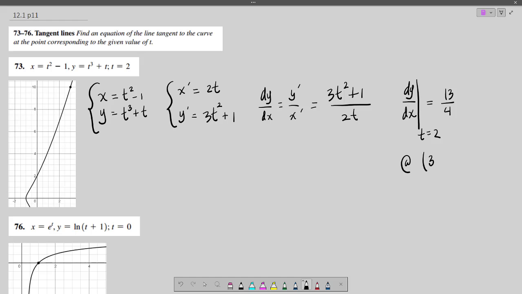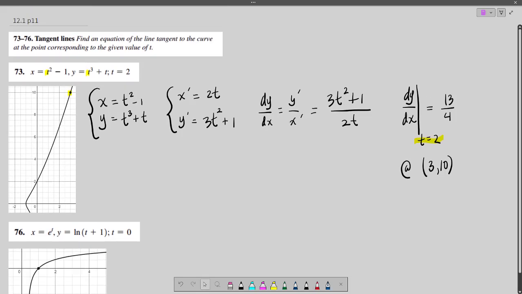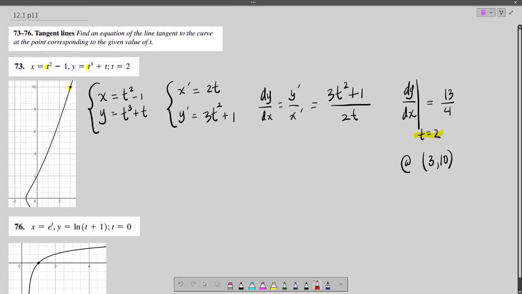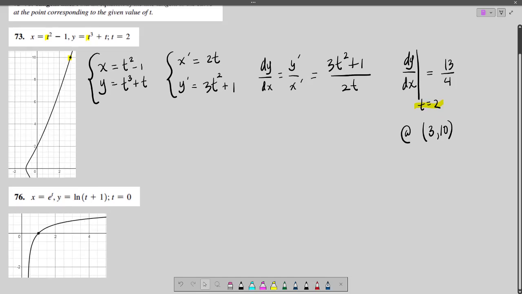$310. So 310 we get by plugging that t-value of 2, we plug it in right there, and that's going to give us this point, 3 comma 10. And now we know that the tangent line, which is right here,